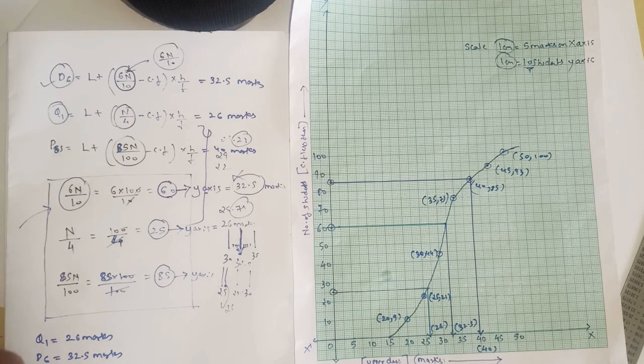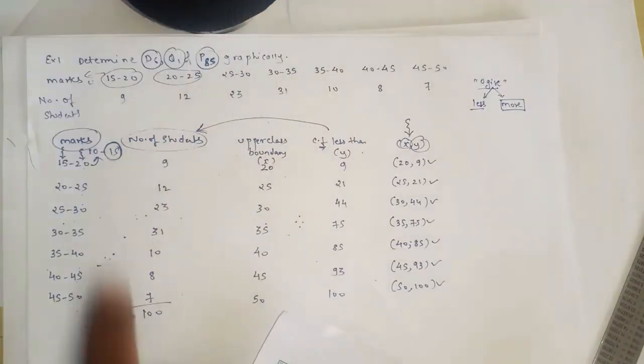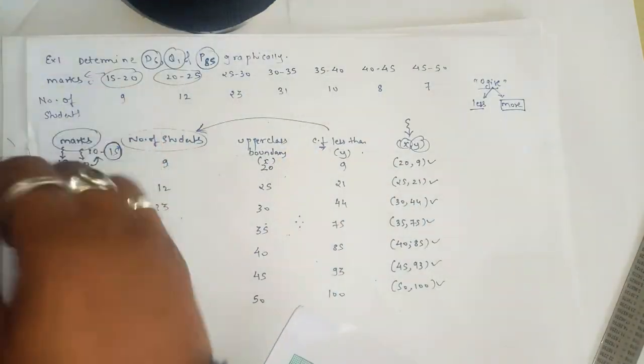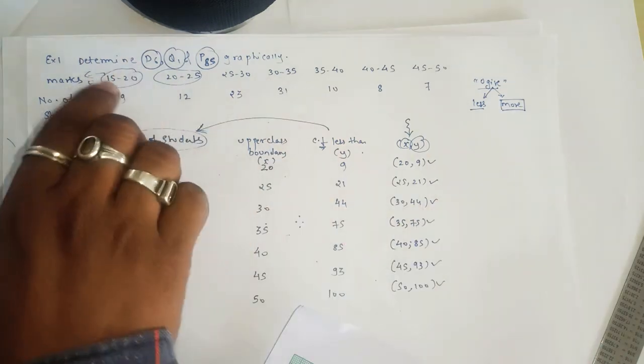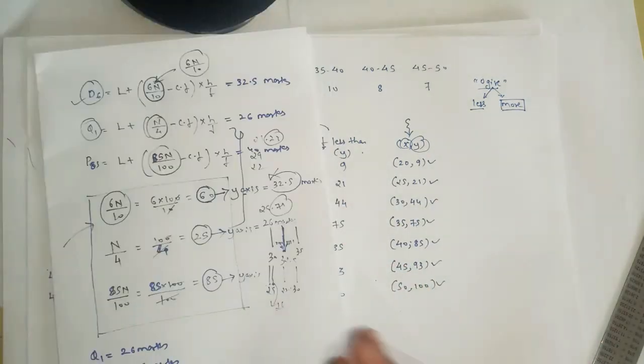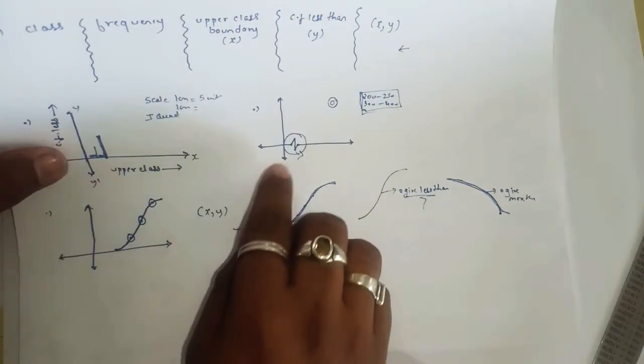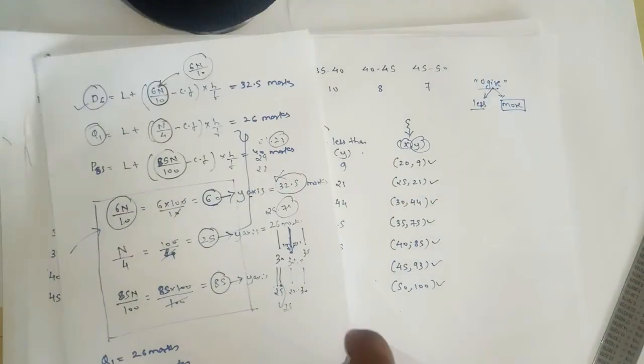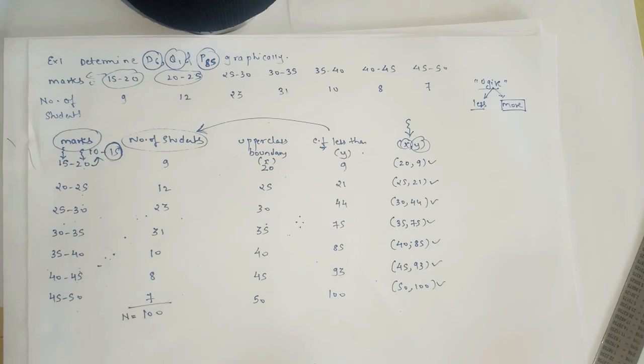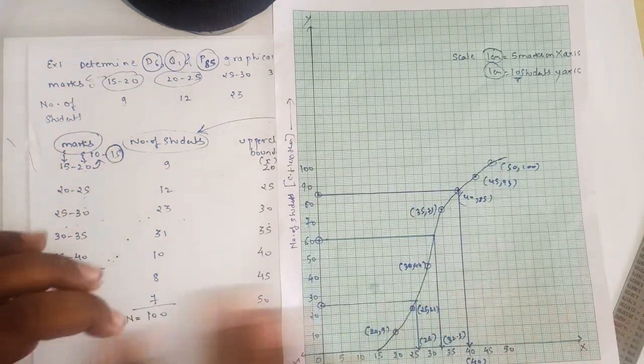Okay, so the remaining sums from the exercise: out of 8 to 10 sums, it is enough to understand only one sum, because all the rest are similar, there is no change in the question. The only change will be the class. Sometimes the class will start from 200, sometimes from 300, sometimes from 0. And we know that whenever it starts from 200 or 300, you simply have to draw this ring symbol. All the rest of the sums are very easy, they are the same.